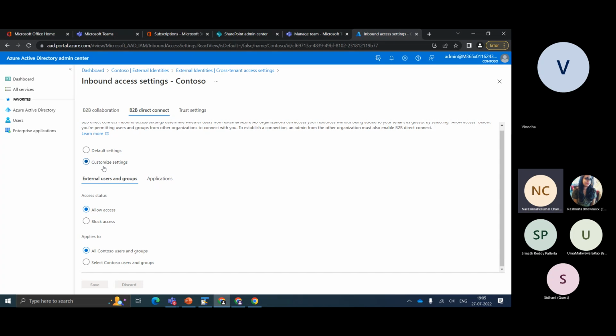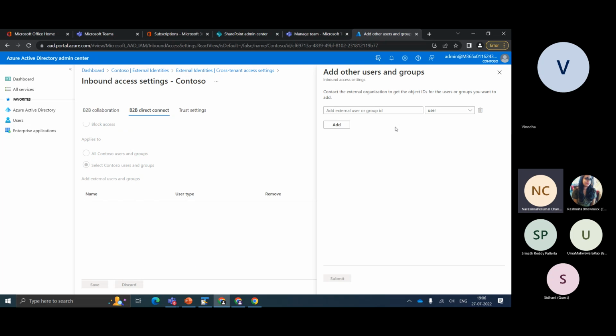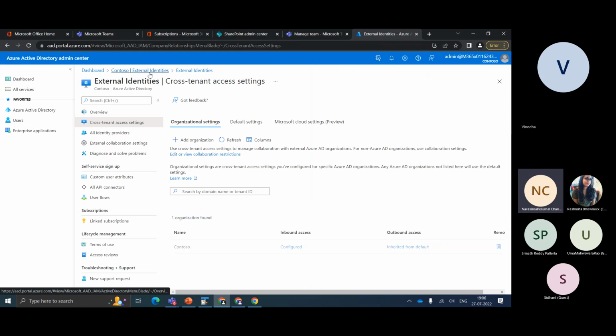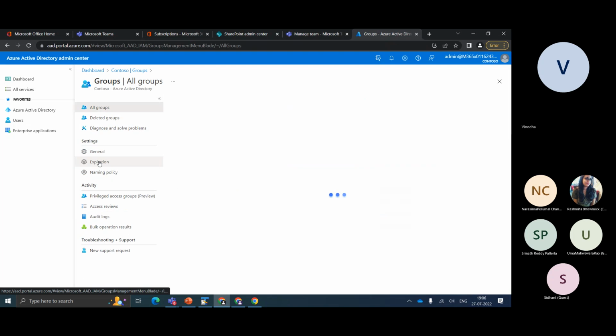Select customize settings. Here, for the demo purpose, I have provided access for all the users and groups in the external tenant. Now, in your case, I assume that you want to provide access to only a specific team or group. In that case, you need to select the second option, and then you need to add the external users and groups by providing the team ID, user ID, or group ID. User ID or group ID is something which you can find only from the Azure AD portal. For example, if you go to groups,